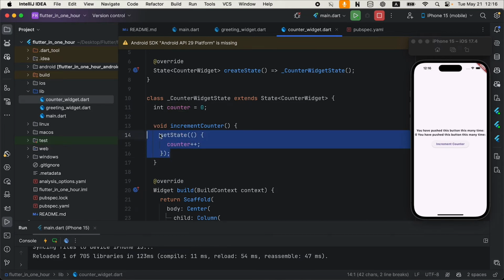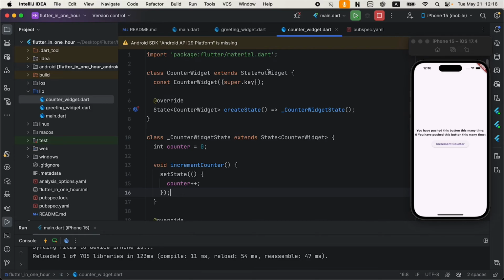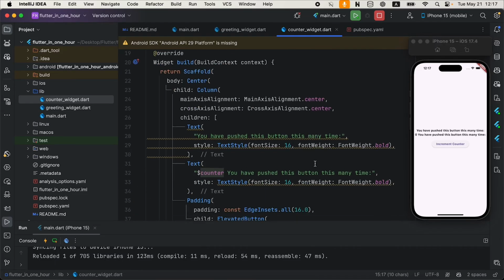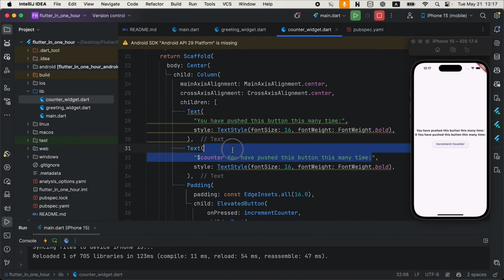Set state. Why we need a set state? Set state is actually changing the state of the widget. Because we have created a stateful widget, we need to call a set state method, which is from that widget. And the set state is just incrementing and changing the pixels here. Let me just, as an example, remove this part, and we can see the